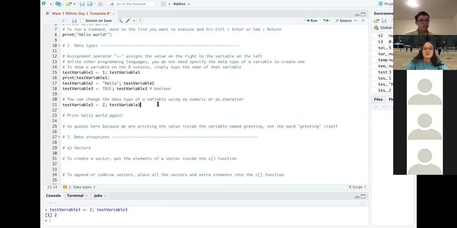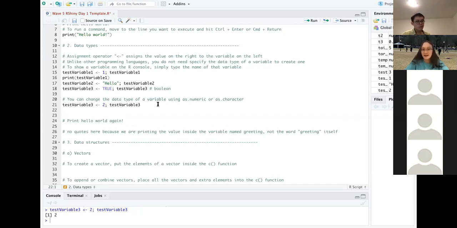And we can change not only the value of the variable, but also the type. So we have 2 nice operations called as character and as numeric. As character takes in a number and changes it into a string.